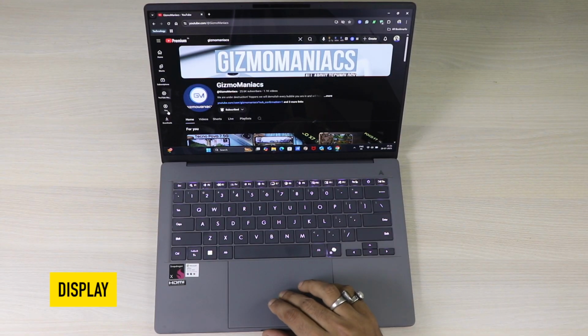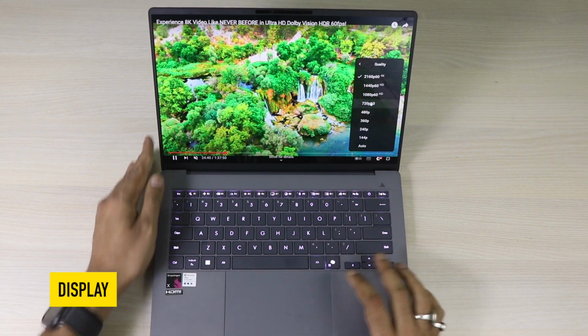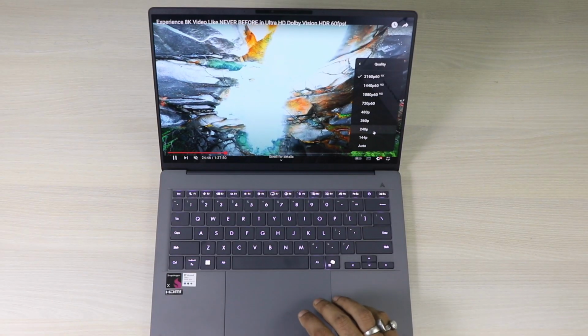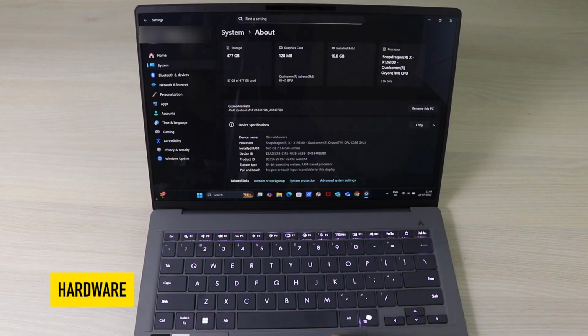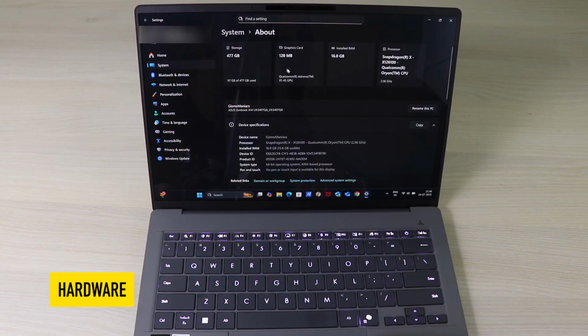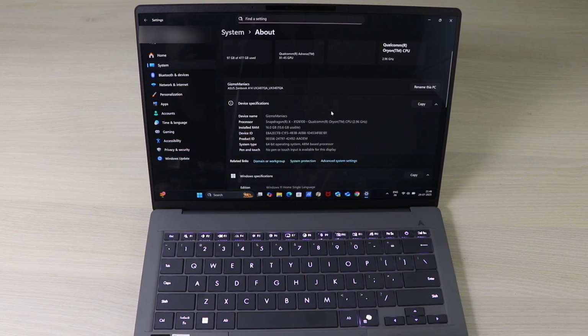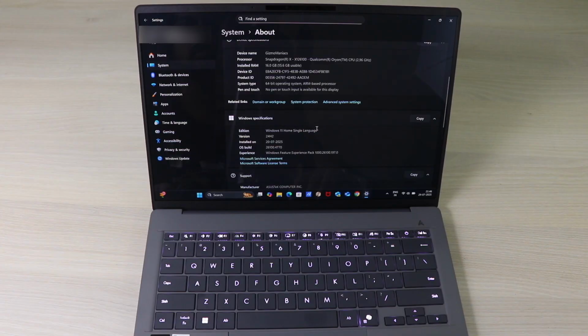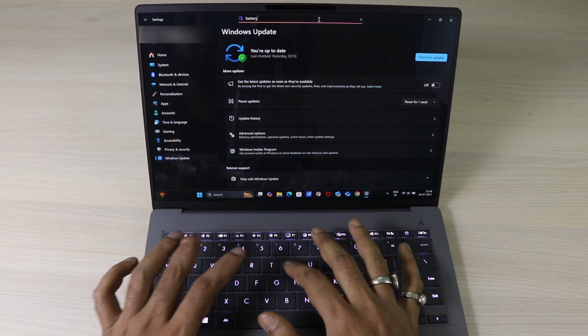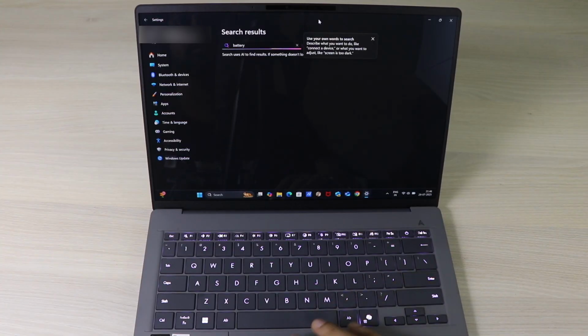It comes with the 14-inch display with 16:10 FHD, which is a Lumina OLED display, which we will talk about later on. It can max up to 4K, so you can view 4K videos. The laptop comes with the CPU, which is a Qualcomm Snapdragon X series processor. It comes with graphics support, which is Qualcomm Adreno iGPU. There is a neural processor, which is a Qualcomm Hexagon NPU with 45 TOPS. It is running on Windows 11 Home. The laptop also comes with 16 GB of RAM, which is LPDDR5X. And if you talk about the storage, it comes with 512 GB